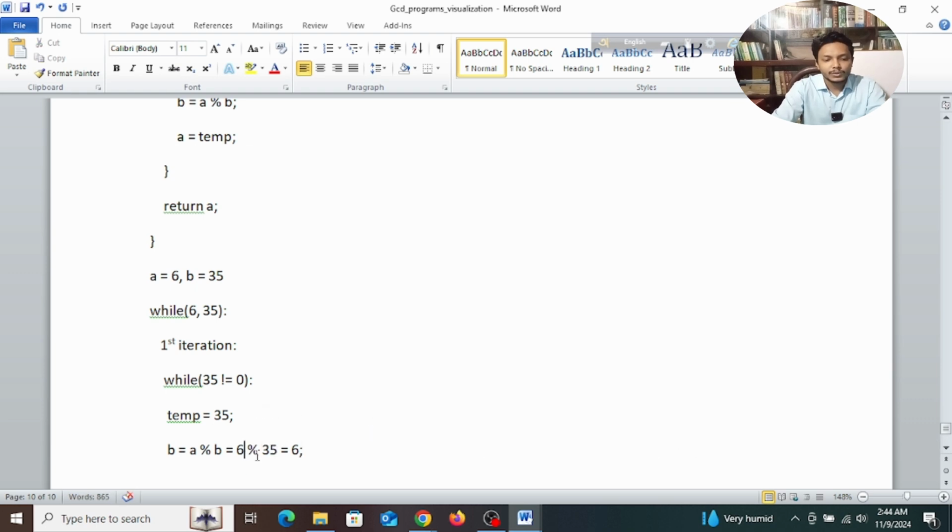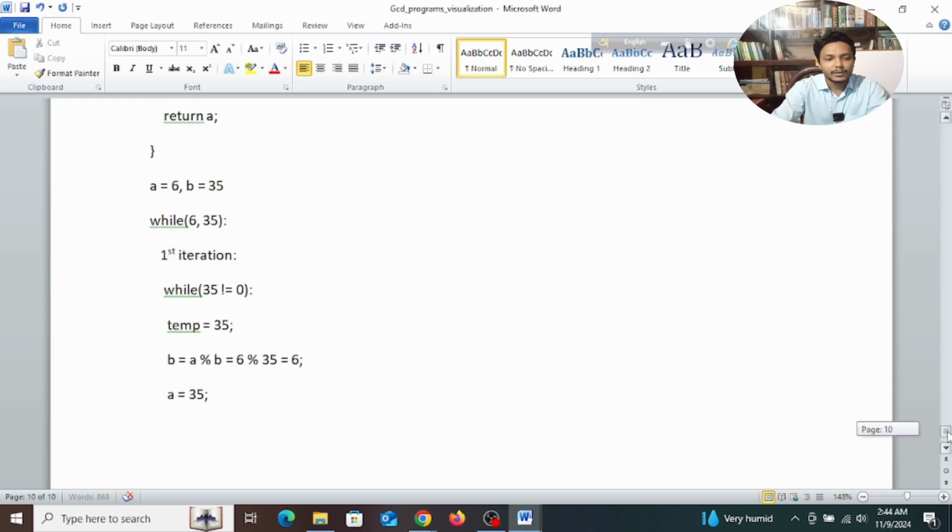So 6 will be the modulus, and a will store temp, right? So temp is 35. Okay, so now this was the first iteration, guys, and for our second iteration,